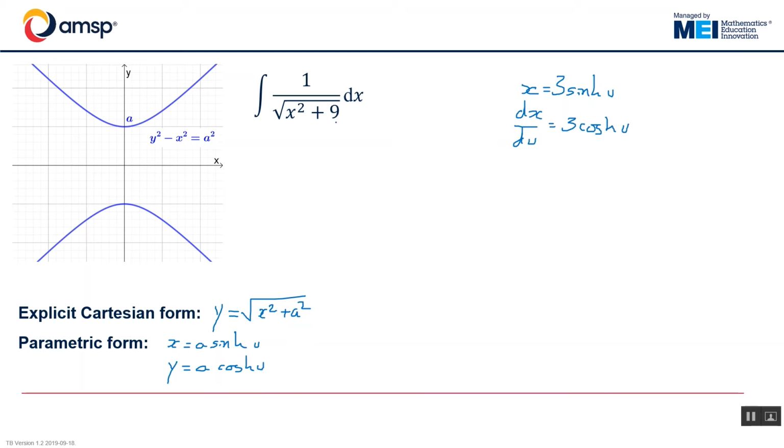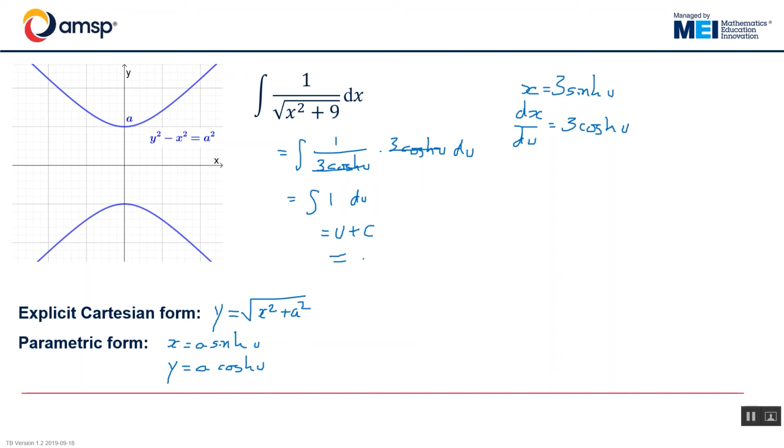Subbing all that into the integral, I get the integral of 1 over all of this thing here, which is y, so it's 3 cos u, multiplied by dx, which is 3 cos u du. That and that cancel, leaving me with the integral of 1 du, which is equal to u plus c,